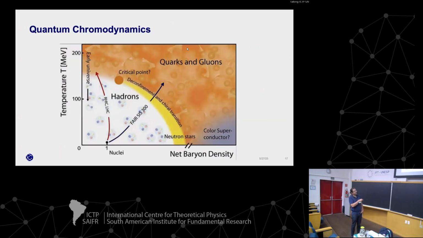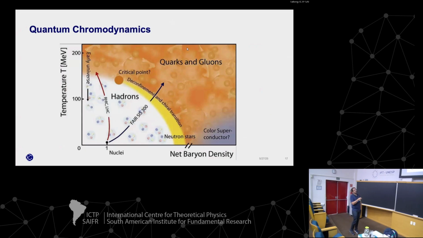But nuclei live here, so they have a certain density. And at these densities, quarks are building these hadrons, so baryons and mesons, what I just showed before. But if we increase either the density or the temperature or both, quarks and gluons can become free and form a soup of quarks. And we don't really know where this transition happens. We can probe it experimentally at different machines like RHIC or the LHC or FAIR in Germany,